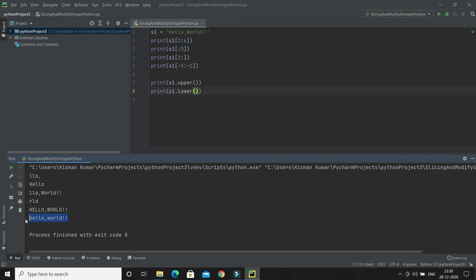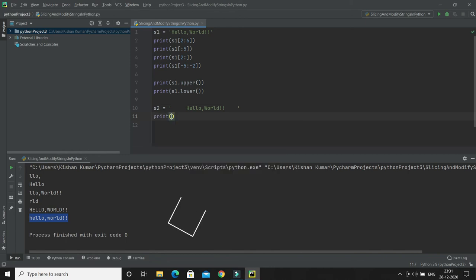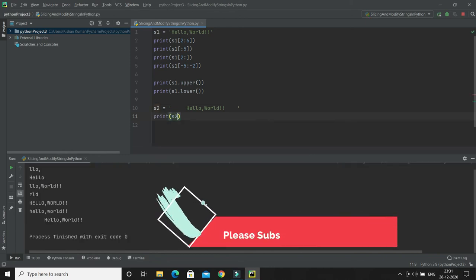When we talk about removing white spaces, white space means the space before and after the actual text or string, and very often we want to remove this space, right? Let me create another string, with the same value, called s2, and I will give some space before the string and some space after the string, and let me print this string. I will print s2. If I print it, here you can see there are a lot of spaces before this string, and after the string also there is space.